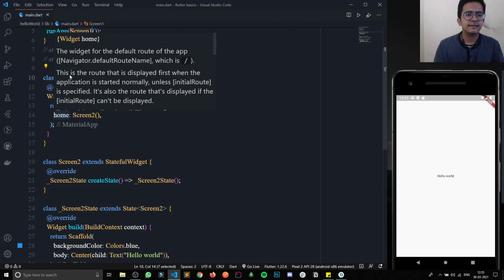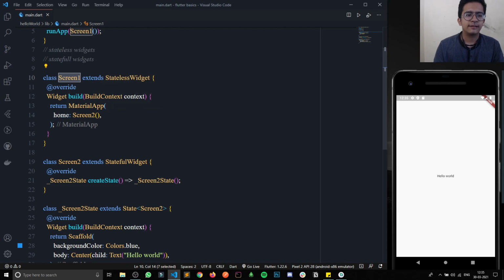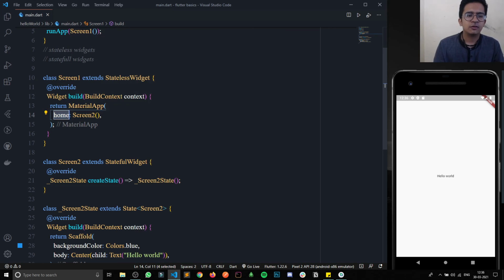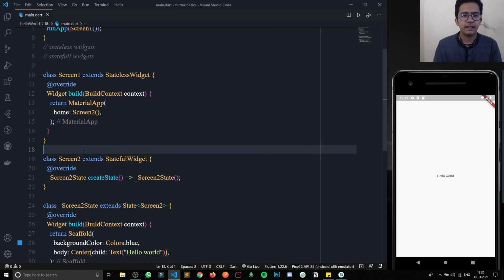Here, this home is the property of material app, and if you hover over it, it will tell us what value it expects. It is saying any type of widget is fine for it. So here we can put a container or text or a different widget, stateful or stateless, doesn't matter.